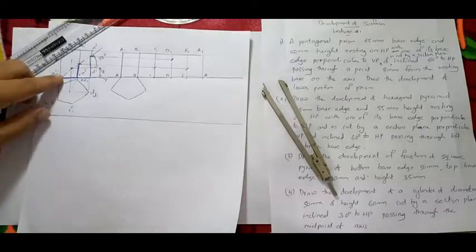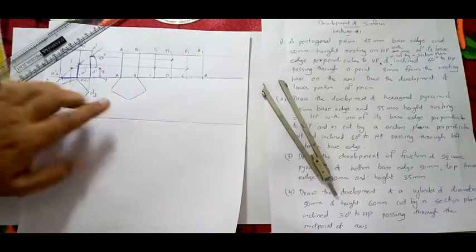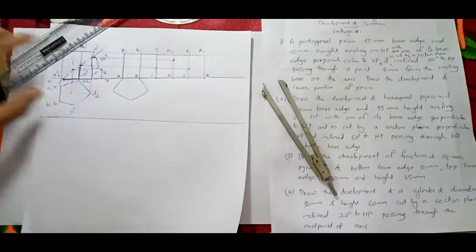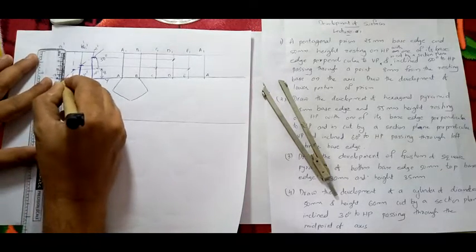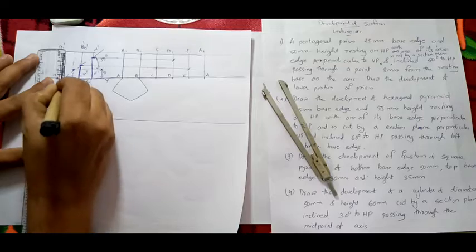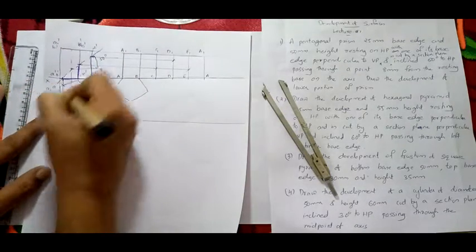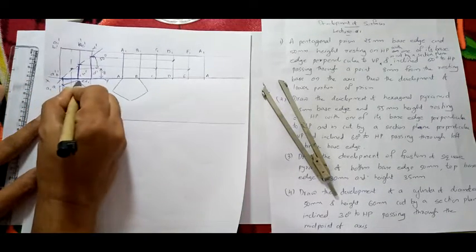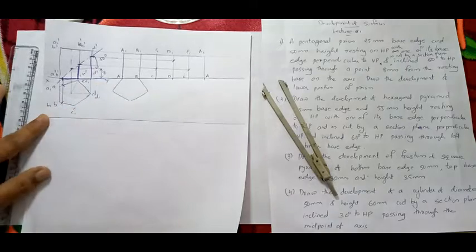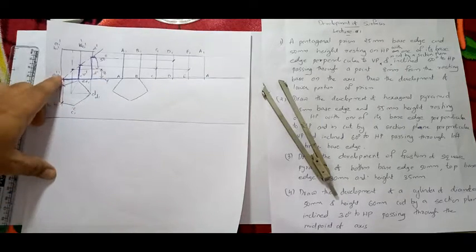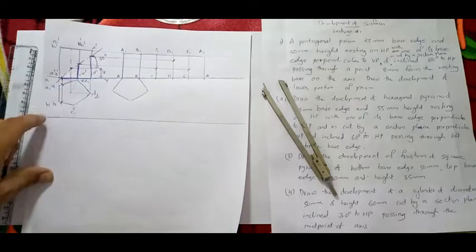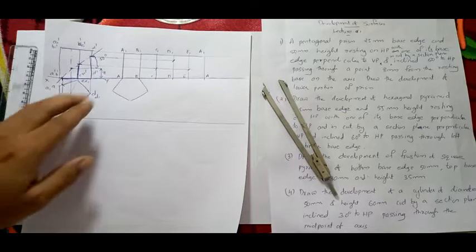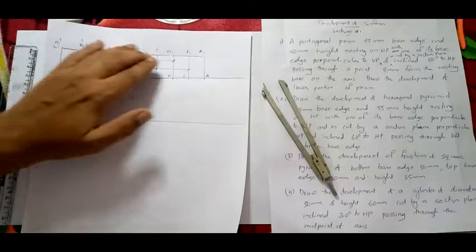Now here it is cutting on the base. The base is visible in the top view, right? So you cannot take this distance. For finding the distance, what you have to do is project from here downward. See, project from here. It is cutting on 2 points. It is cutting on A, E and B, C. So it is cutting only on the bottom base. It will not be cutting on A1, E1 and B1, C1. Why? It is cutting on the bottom base, not on the top base.